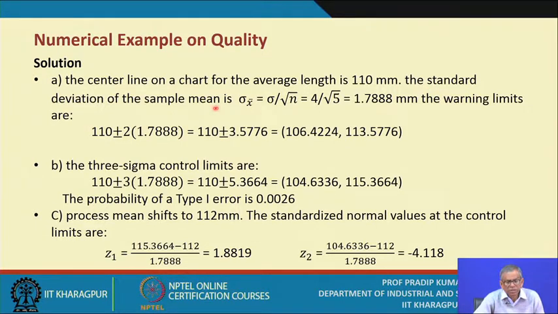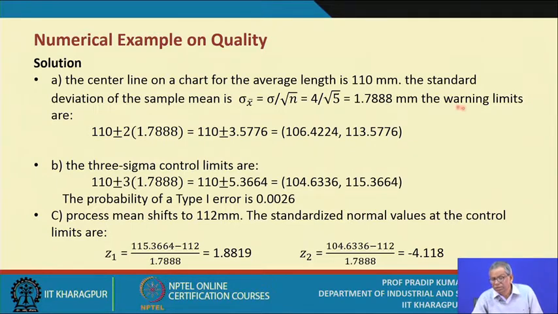The standard deviation of the sample mean is this one. That means the population standard deviation, or the process standard deviation, sigma, is 4, and the sample size is 5. So obviously sigma x bar will be 4 upon root over 5, that is